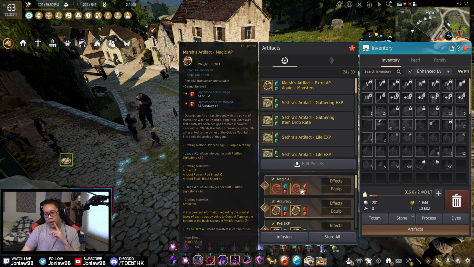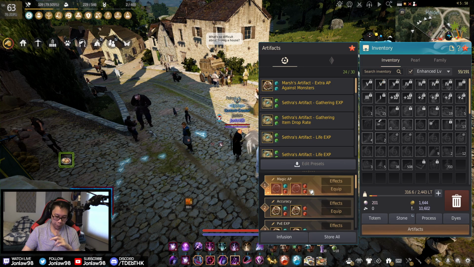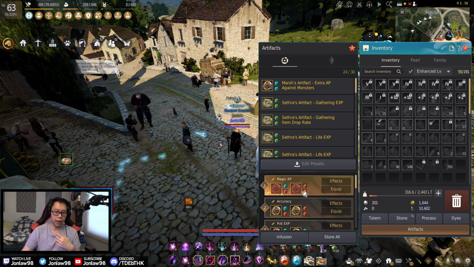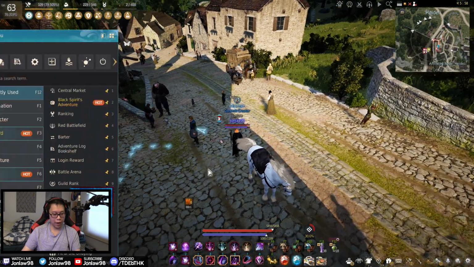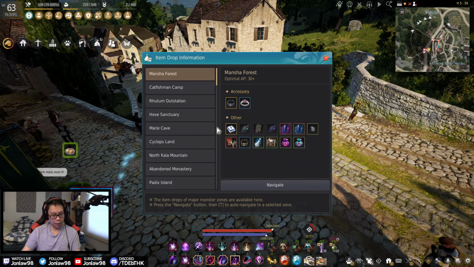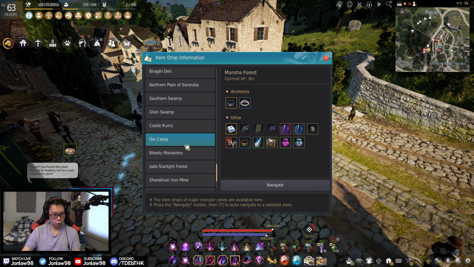But in terms of which one should you go for, assuming you don't have any of them, honestly, I think the magic AP ones are easier to get, especially if you're going for the infinite potions nowadays. If you don't know where to get them, just look at the item drop. So it'll be somewhere in your item drop list. But basically, where I got mine was...